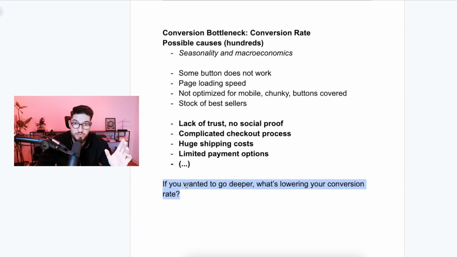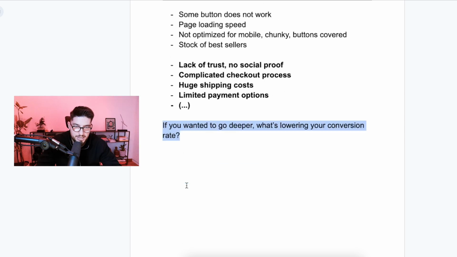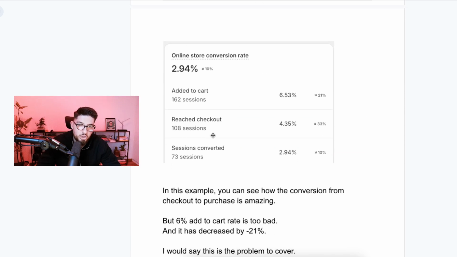And I'm not the best for conversion rate. I mean, I know a lot. We have 8 years of experience. I've seen a lot of things. But I'm not dedicating my daily life to increasing the conversion rate of an e-com store. That being said, if we go to Shopify conversion rate, and I see that my conversion rate is dropping,